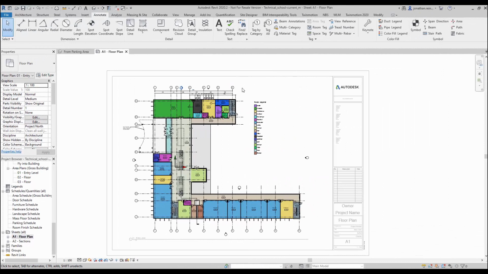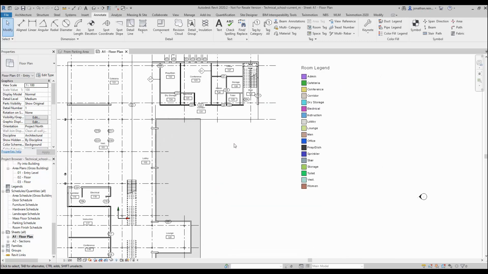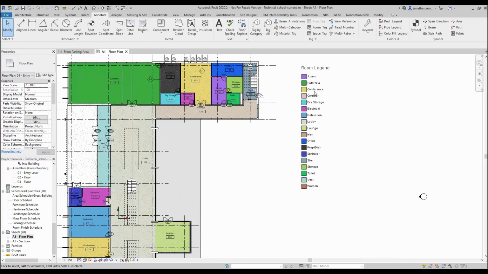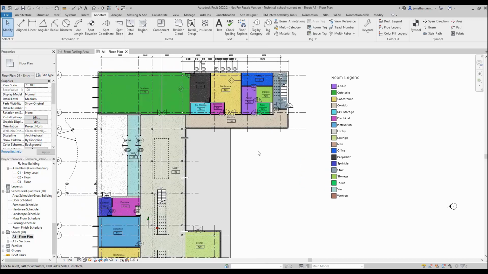In the previous video we looked at creating a color legend for a floor plan based on room name. And as you can see here, this is the last floor plan that we set up, and each individual room has a separate color. But if we wanted to create a color legend by department, for example, we would simply choose these